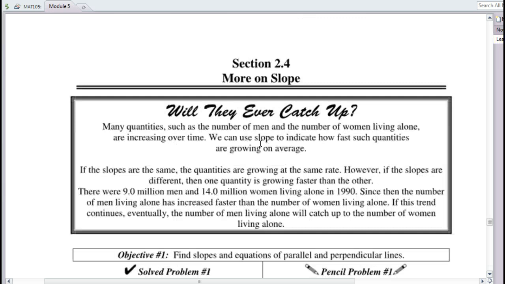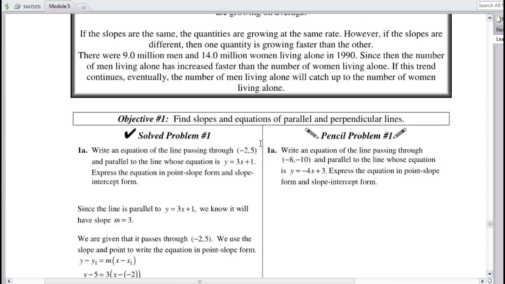It's always a treat. Okay, so practice problem number 1. Write an equation of the line passing through (-8, -10), and parallel to the line whose equation is y equals -4x plus 3. Okay, so they want us to write the equation first in point slope and then in slope intercept. So we know our equation has to have slope -4 because it's parallel to the other line